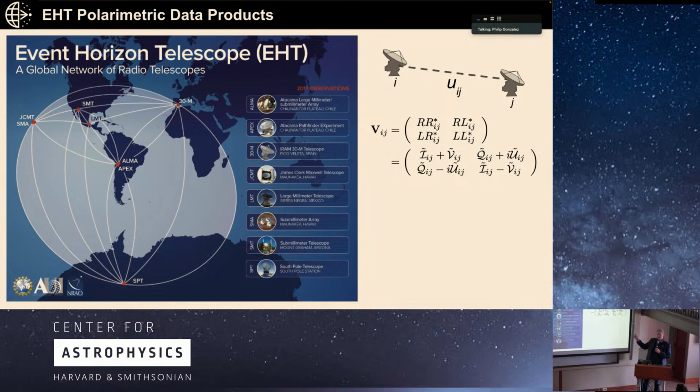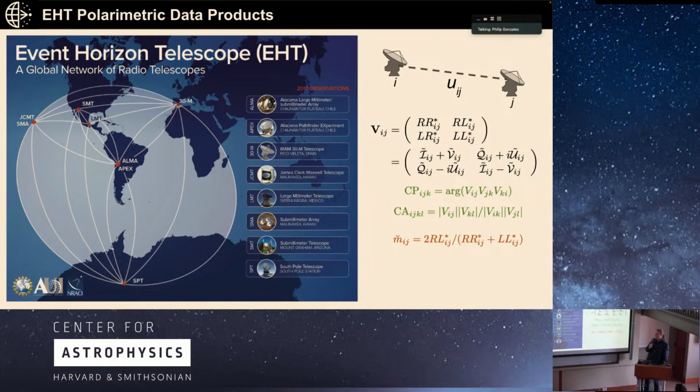And those are related not to just the Stokes I image, but the full set of Stokes parameters. So I, Q and U, which encode something about the linear polarization, and Stokes V, which says something about the circular polarization. And so this is what we are looking at today. Of course, with that, you can still construct your closure phases and your closure amplitudes, but there are other polarization-dependent quantities that are more interesting for polarization study.